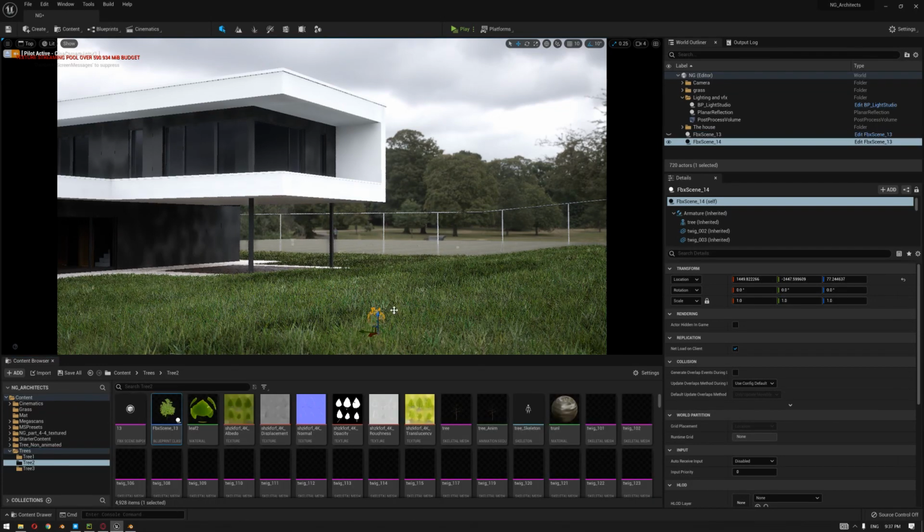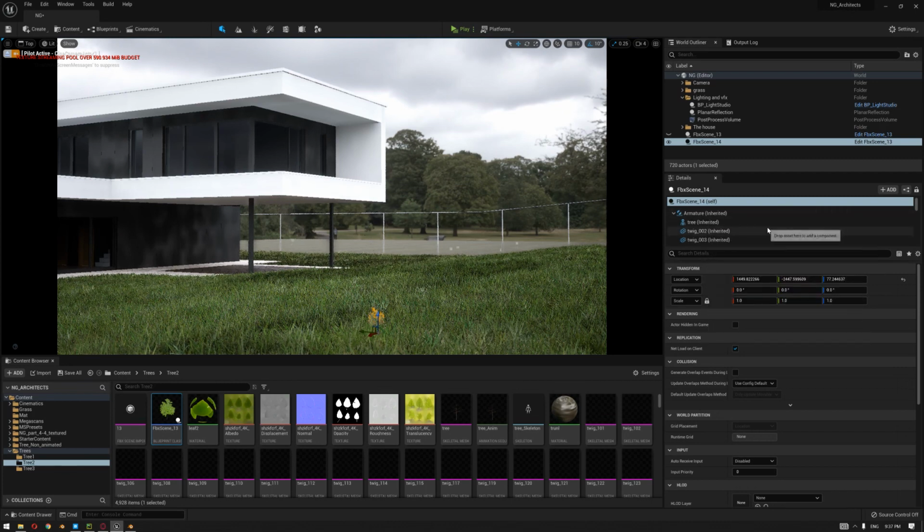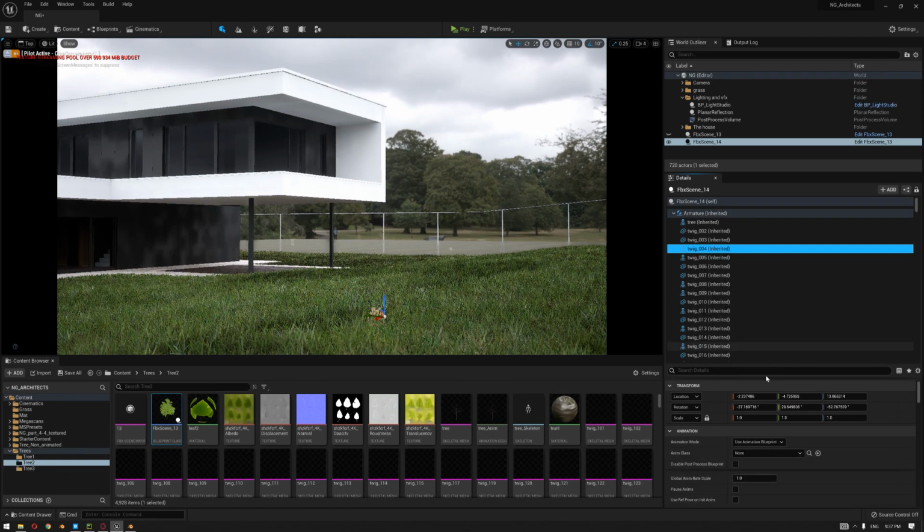Alright, so when the import finishes, it will come, for example, at this size, because if you remember, we set the size to a smaller scale to fix an issue that we will see right now. So our tree is now composed of skeletal meshes and static meshes. The static meshes are the part of the tree that doesn't move. The skeletal meshes are the part that has animation inside of it and needs to have this animation assigned inside the animation mode.